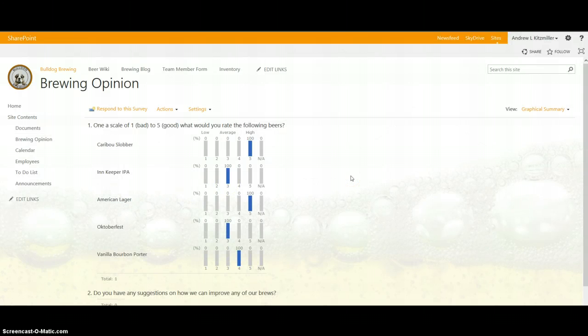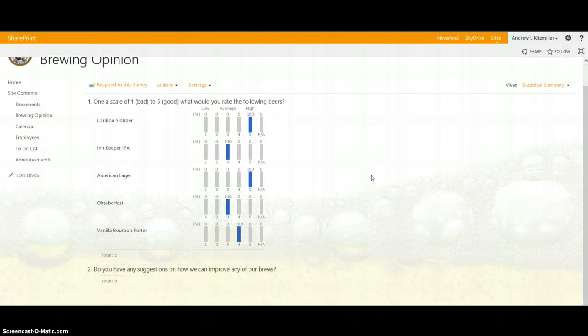Once the user has filled out the survey, I can click to use a graphical summary of all of the submissions. So basically my survey consists of 2 questions, a rating of the various brews brewed by the company, as well as a comment box. As you can see, the users can rate each beer from low to high, 1 to 5. And there has been a total of one person that has taken the survey, and nobody has yet to leave